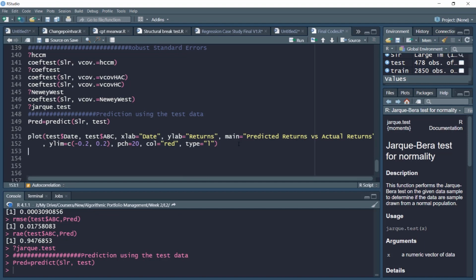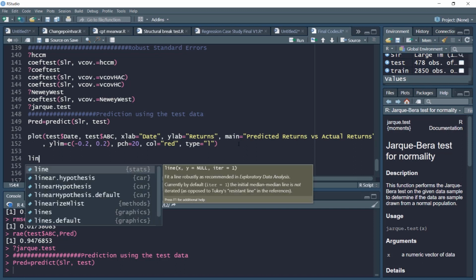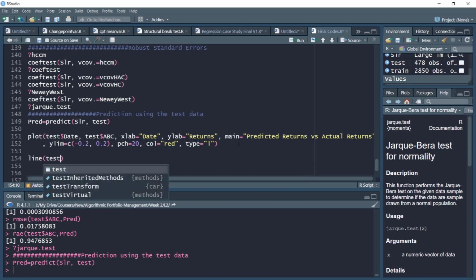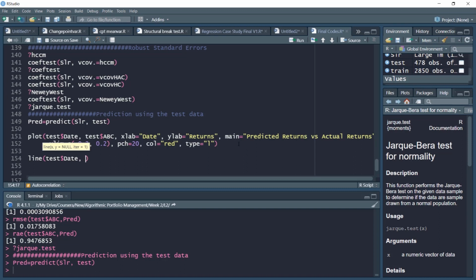Now, along with ABC returns, we would also like to have our predicted object plotted along the date. So again, on the x-axis we have date, and on the y-axis we would like our predict object, with line width of 1. Let us specify the line width of 1 here also, although it's not necessarily needed, but just for information you can change it to 2 or any other number if you want the width to be higher.